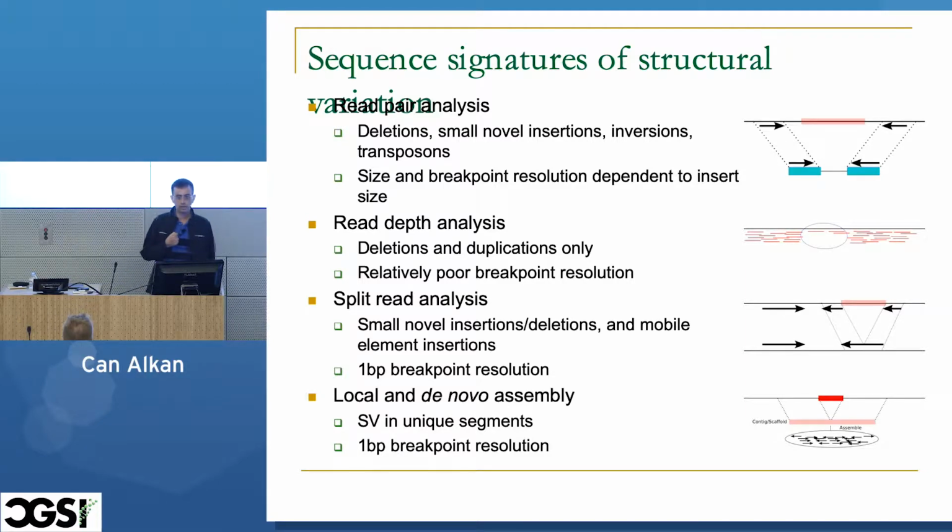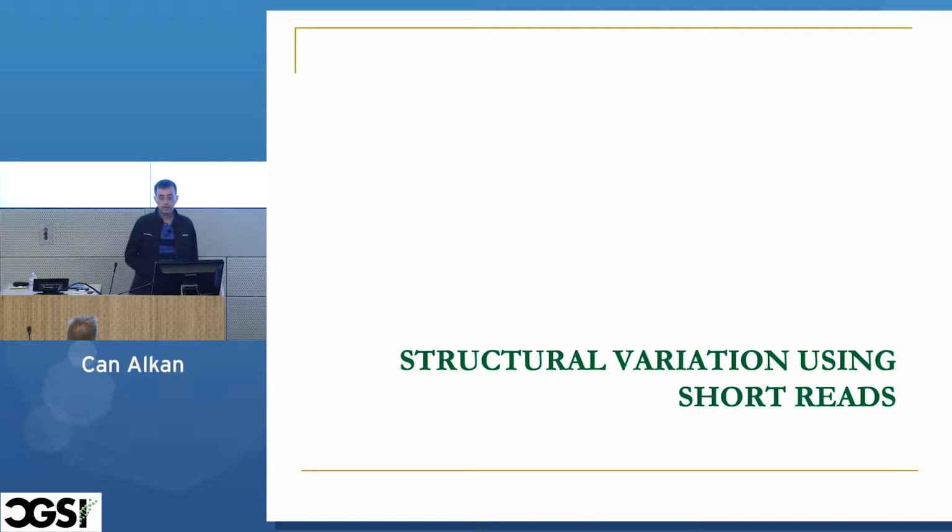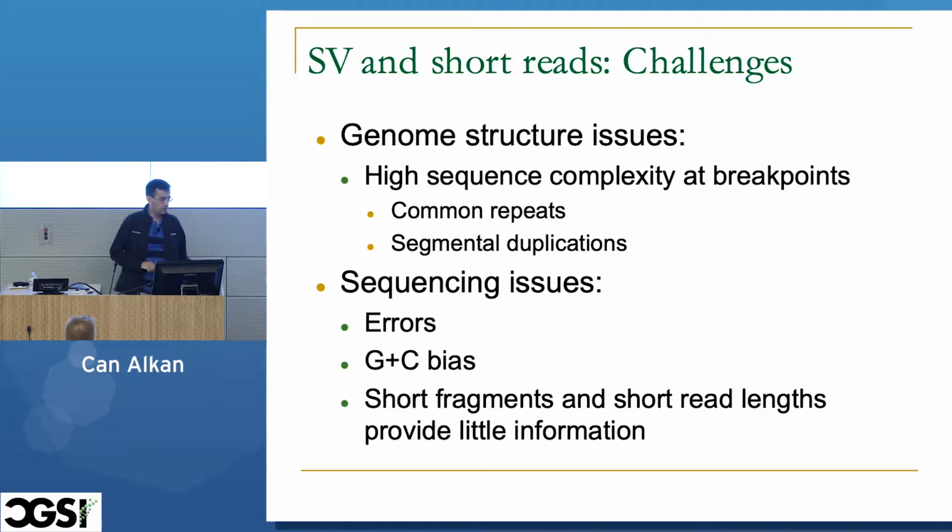Or we can do local or de novo assembly. We take the reads, we assemble them with any assembler such as Abyss for Illumina or Canu for long reads, and then we compare those contiguous segments with the reference. So let's just go quickly with those